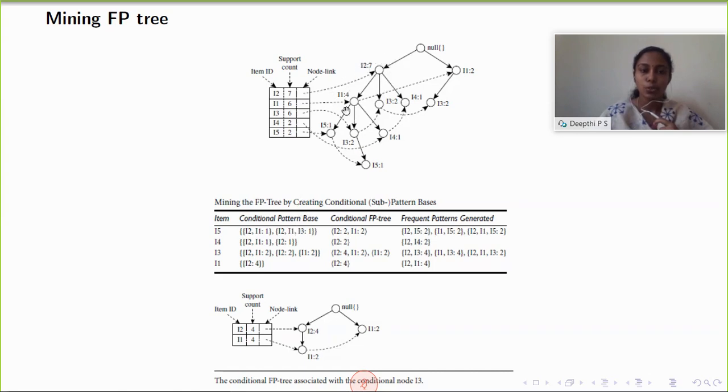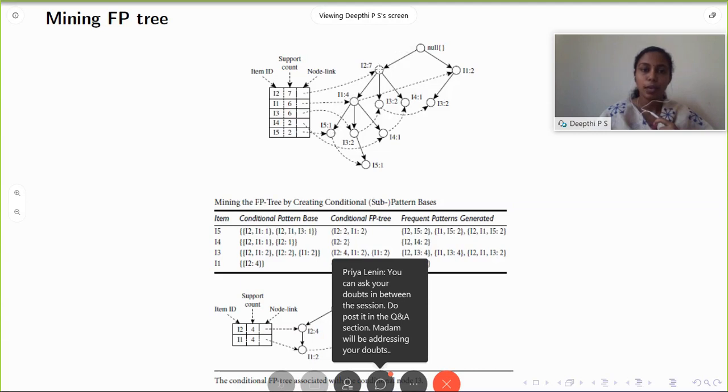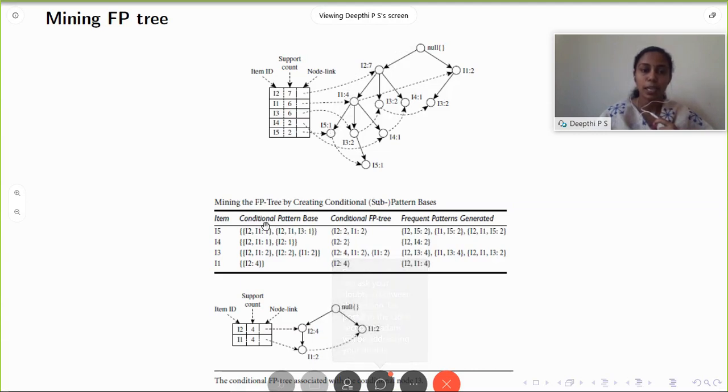I2 and I1 are the prefix nodes in the path from root to I5. That is, for reaching I5, we have to travel through I2, I1 and then reach I5. So we can add I2 and I1 in the conditional pattern base. So add I2, I1 and the support count of I5 you have to write here.